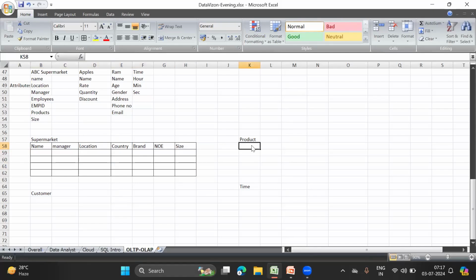And then if we talk about product, we will say what is the name of the product, what is the color of the product. We have seen one product like mangoes. Mangoes can have different colors: we have yellow mangoes which are ready to eat, and then we have green mangoes as well, which are raw and have different purposes. For that we can have pickle.